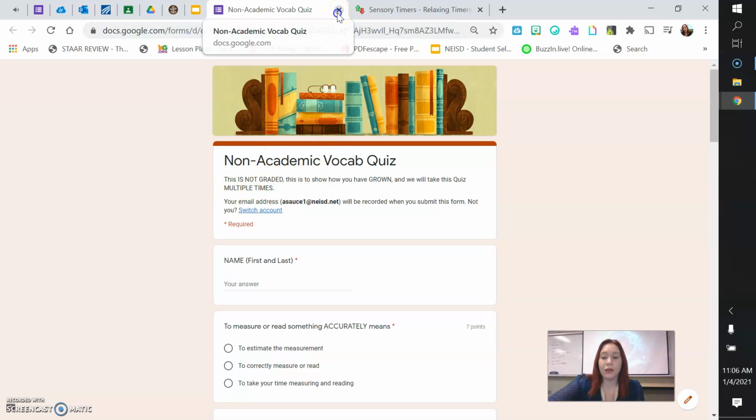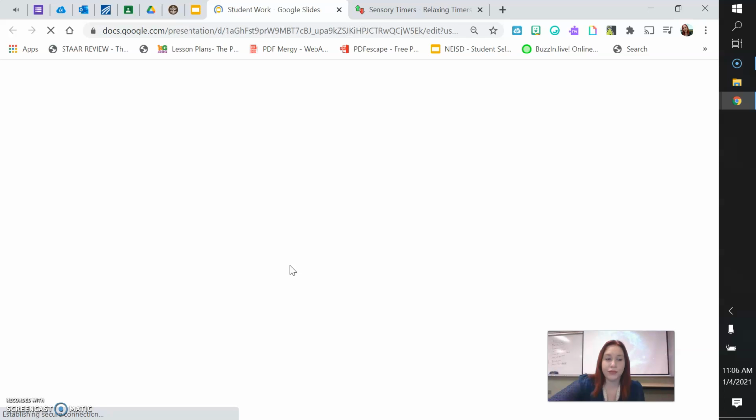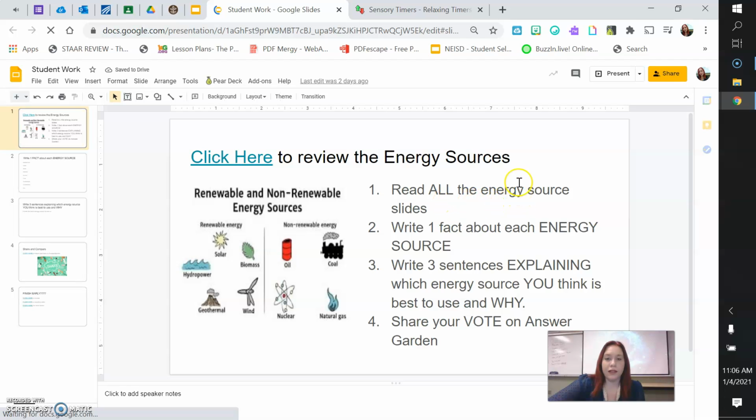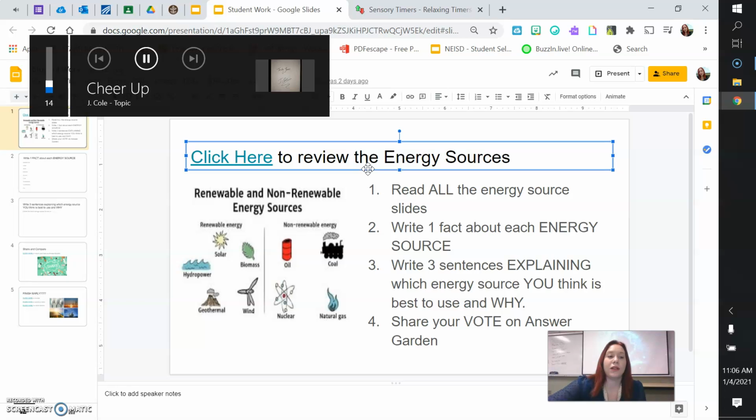So once you finish that, you can exit out, and you're going to go review energy sources and complete the Google slide that's attached. So there's only one slide attached. Go ahead and open that up. So number one, it says read all the energy sources slides. The energy source slides are right here. It says click here to review the energy sources. So you would click here,